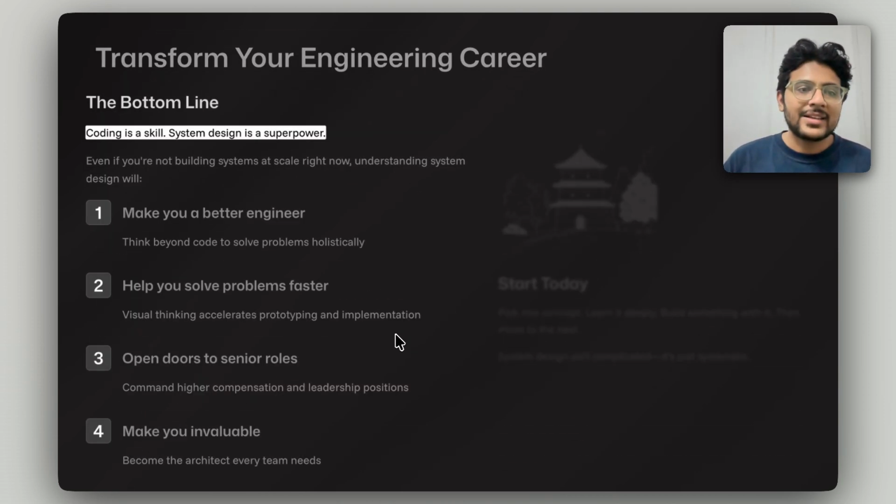So the bottom line is, doesn't matter whether you are writing code or not, system design is going to help you think. It is going to make you a better engineer. It is going to help you solve problems faster in unique ways, and it is going to open doors for better job roles.